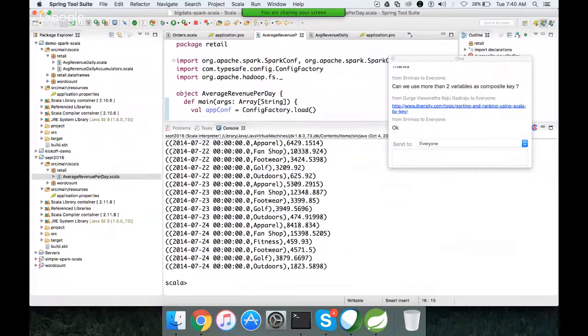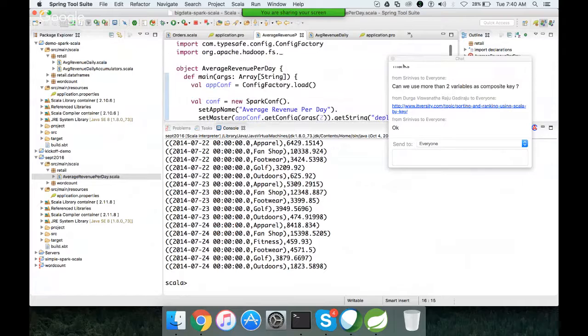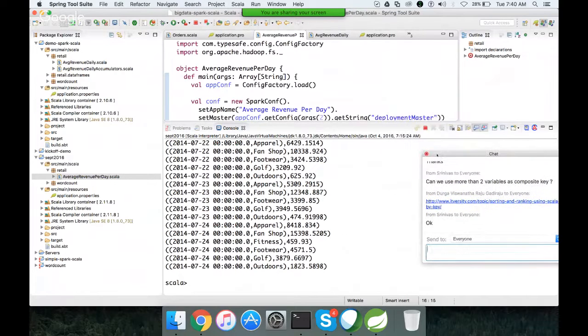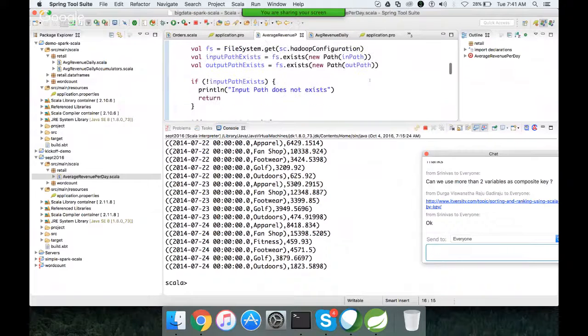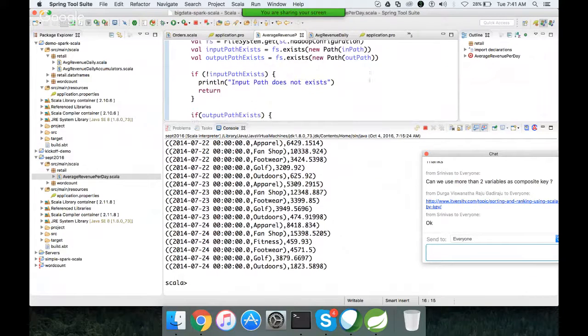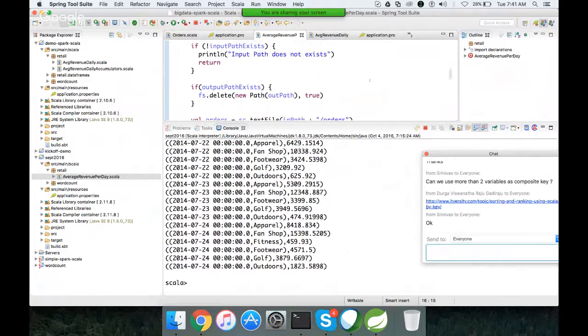So the question is, she is asking how to handle the input path and the output path. First, I am answering the output path. We don't delete the output directories the way I am doing here. In some cases we do, in some cases we don't. It depends upon the requirement and design. So in this case, instead of checking if the output path exists and deleting it,